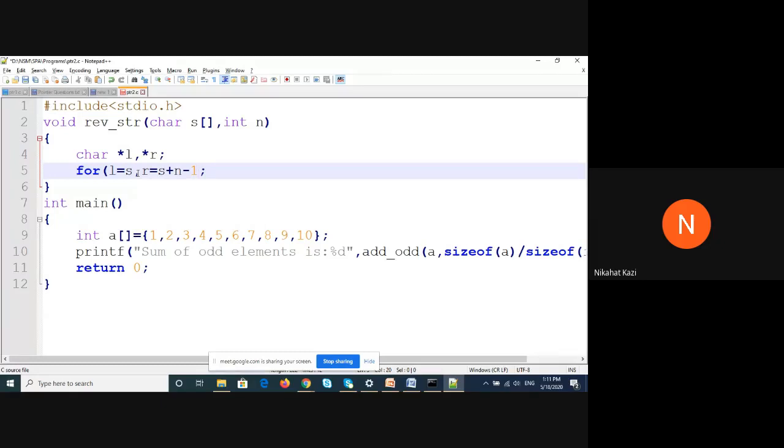If we are not passing the length of the string, which we actually do not pass directly, we can use strlen to find the length of the string. So here we are passing it. So R is equal to S plus n minus 1 and L is equal to S. So the left pointer is assigned to the first element and the right pointer is assigned to the last element. It's containing the address, basically. Okay, and then what we will do is